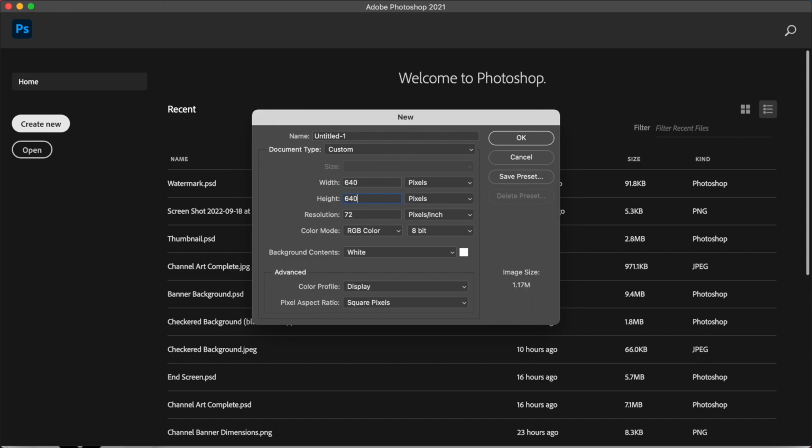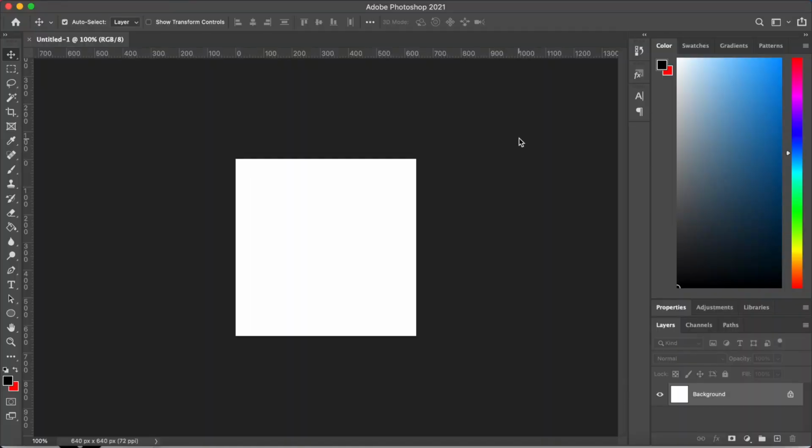So I'm going to open Photoshop and create a new project, and I'm gonna make it 640 by 640, which are very specific dimensions, but I choose those because I think it will still be a small enough file size. As you can see, 1.17 megabytes, and also because of the sizes of the images I want to put on this project. I'll explain that a little bit further. For now, I'm just gonna click OK, and here is my canvas.